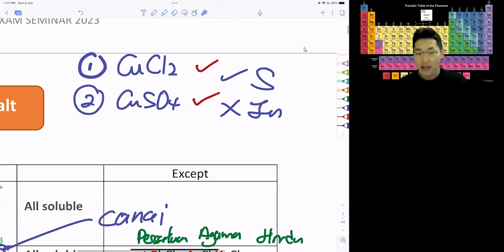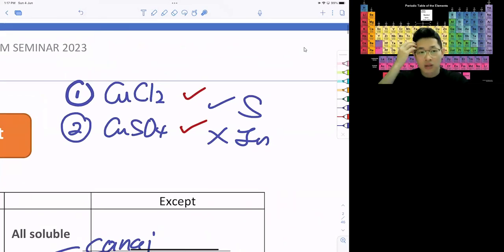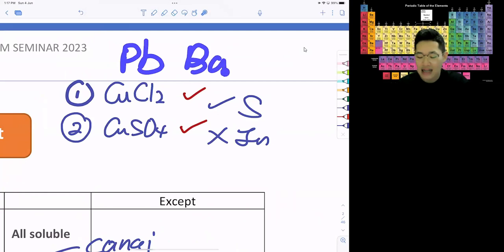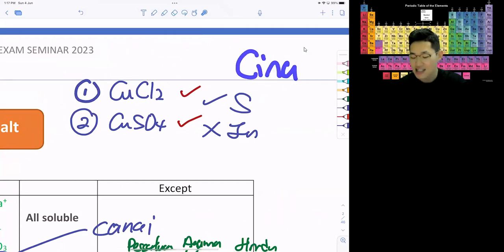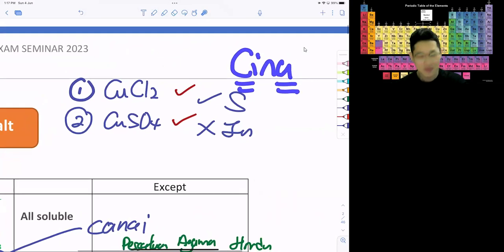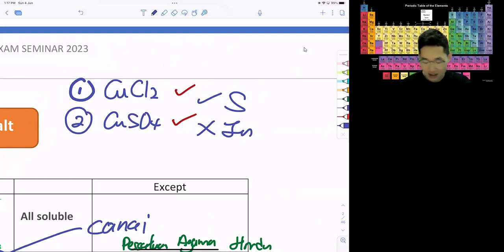Sulfate is soluble, but sometimes people will get messed up easily. They would think that the symbol for China is Cu, but it's not Cu. China is Ca, by the way. Okay, good. Then now,